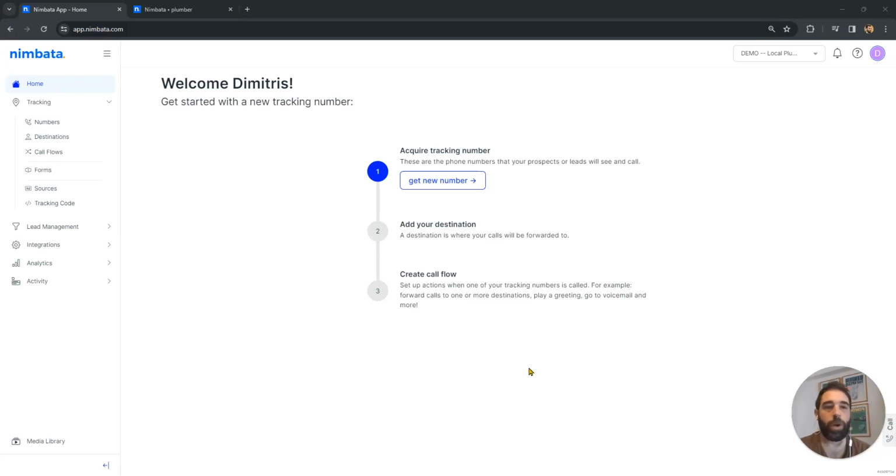Right. So I went ahead, I registered an account with Nimbata, verified my email, answered the onboarding questions, and this is the first screen that I see before I can start tracking calls. So the first step, as you can see, is just to acquire a tracking number as mentioned, right? So you can either click on this get new number button or click on the numbers from the menu here